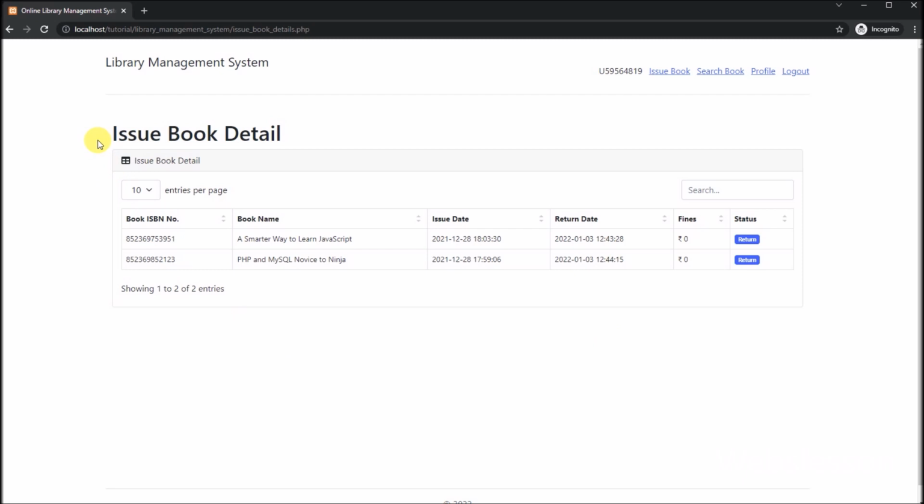And after login into system, here user first sees the issue book details page has been displayed, and on this page, user can view history of issue book details. In their dashboard, user can see how many books they issued, which books they have returned, and on which book he has to pay fines. All these details user can view in their dashboard also. So in this part, we have learned how to display issue book data into user dashboard, so user can access their issued book data in their dashboard.